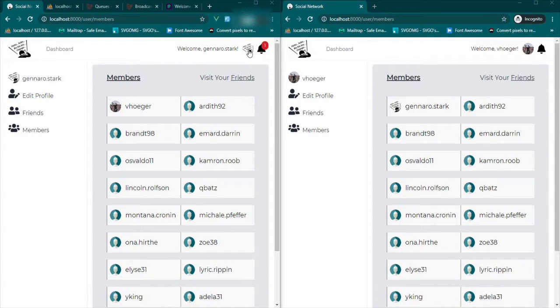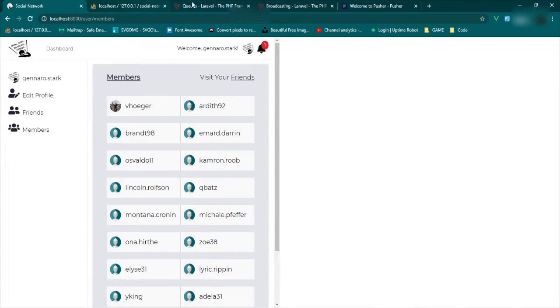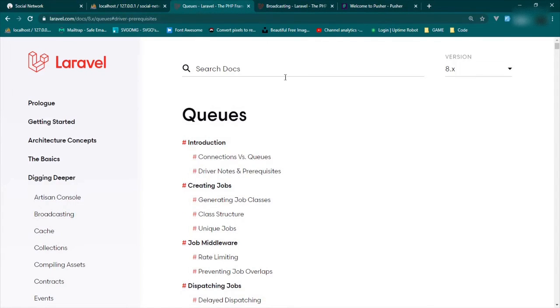Now that we have notifications pretty much done, what I want to do is set it up so that, let's say our new friends, Gennaro Stark and Vulgar, let's say Gennaro Stark decides to post on Vulgar's profile page, or whatever the notification is, Vulgar would get an instant notification, meaning this red badge that we have up here would pop up as soon as they get it, instead of us having to refresh the page every time. Okay, so to get started on that, we are going to go ahead and check out the Laravel